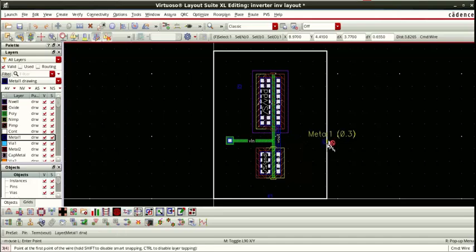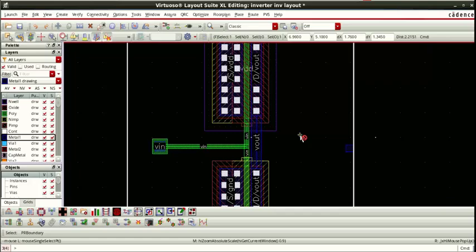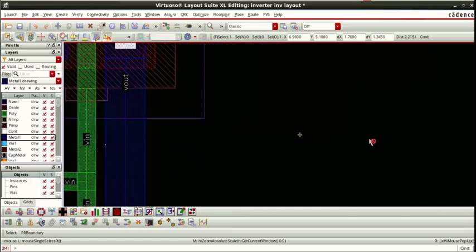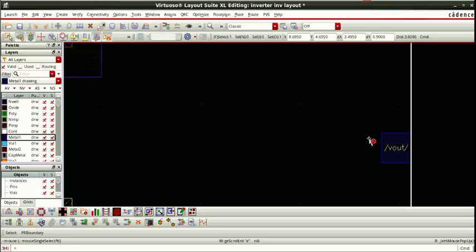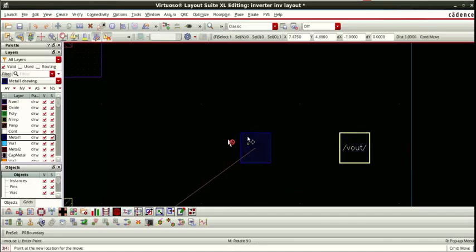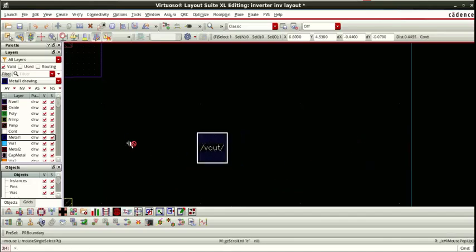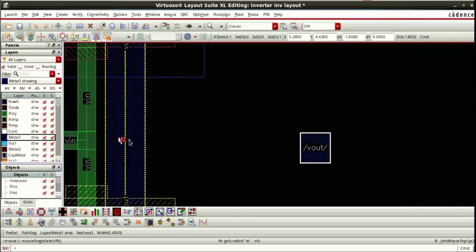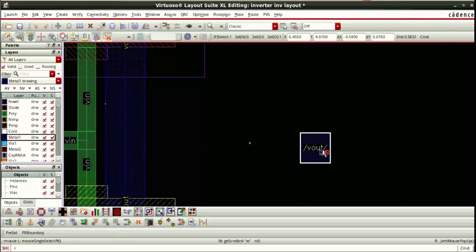Now we are going to take this pin and put it on this. How will we do this? Let us zoom a little bit to have a clear idea. Now this V out, we will simply drag. Either we can put it directly here, or we can take metal 1 again through path or P, put it here and then V out there. Both are the same thing.